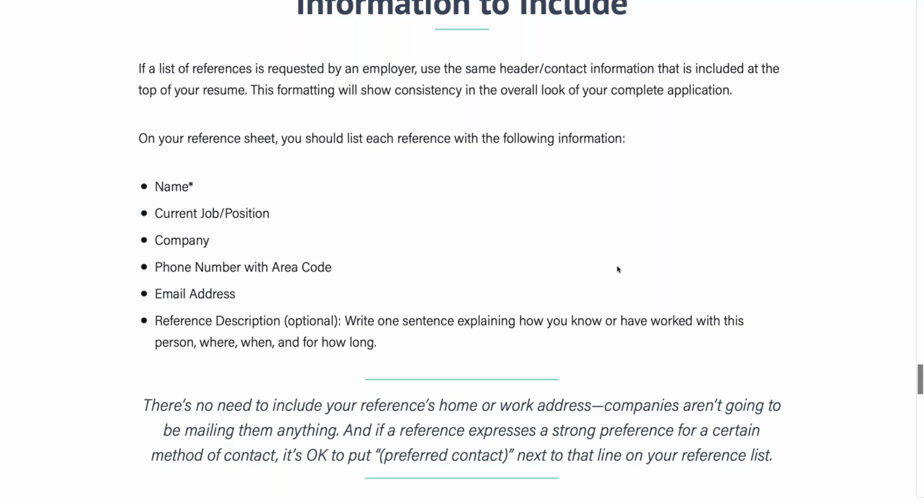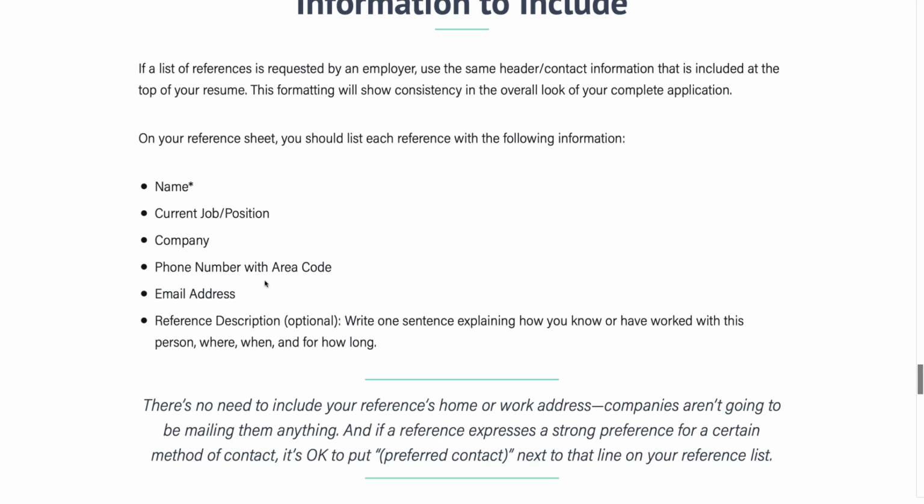It's an optional piece of information, but you can write a 1-sentence statement explaining your relationship with that individual. For instance, if it is a current supervisor or a current colleague, you may indicate that in the line beneath each of the pieces of information that you're including. As I said, it's not